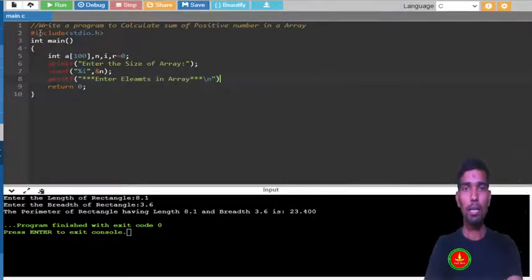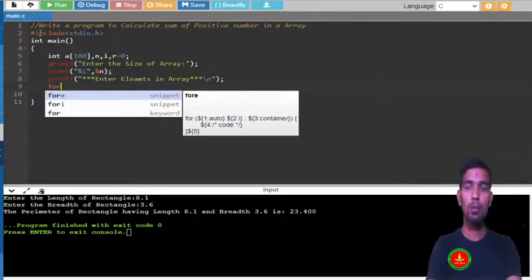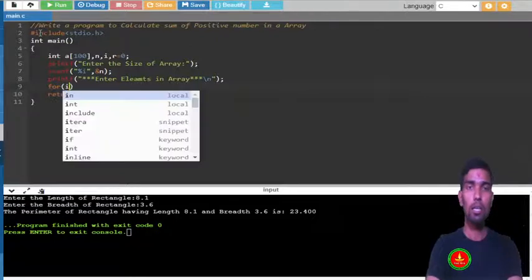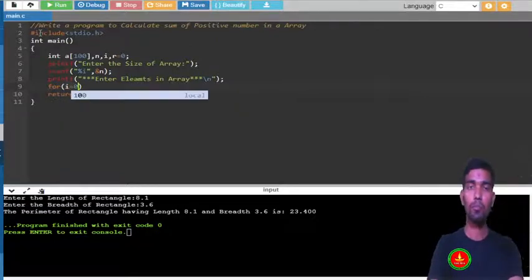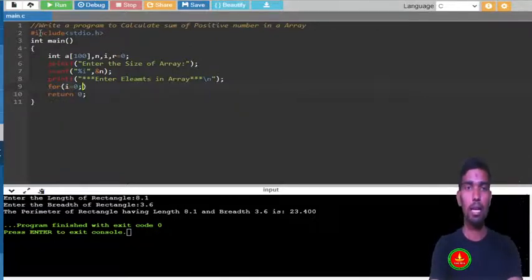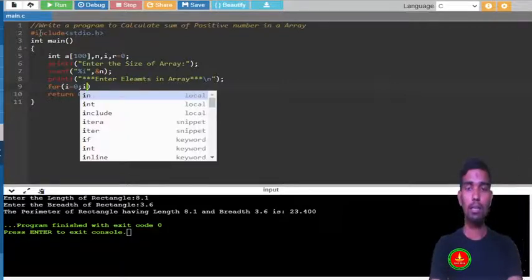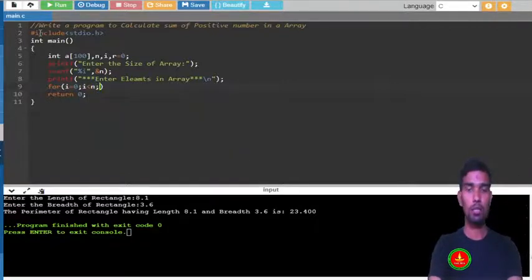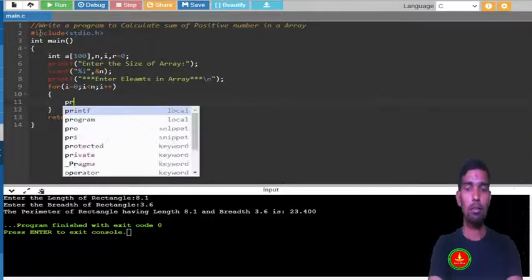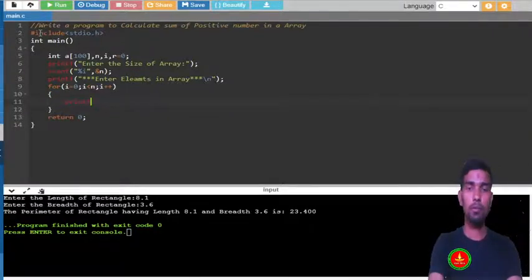And now what I will do, I will read one by one element. So for that I need one loop. For while loop also you can use, or for loop you can. for (i = 0; i < n; i++). Actually array index starts from 0, so I am mentioning i is 0 up to n. But while you are making it more user friendly, you can type printf "enter